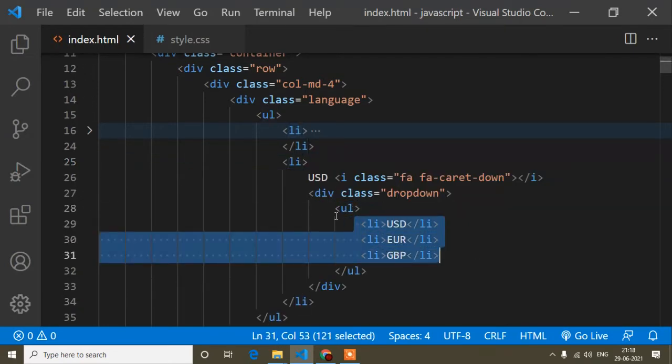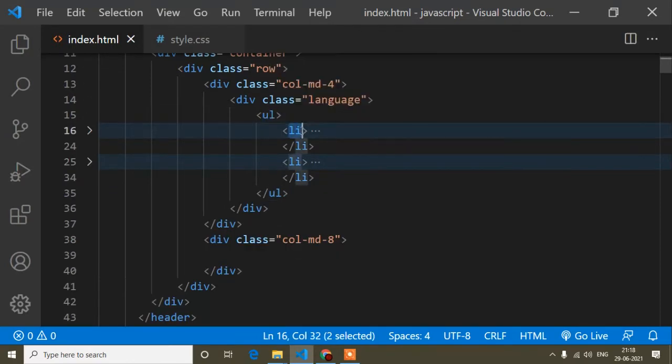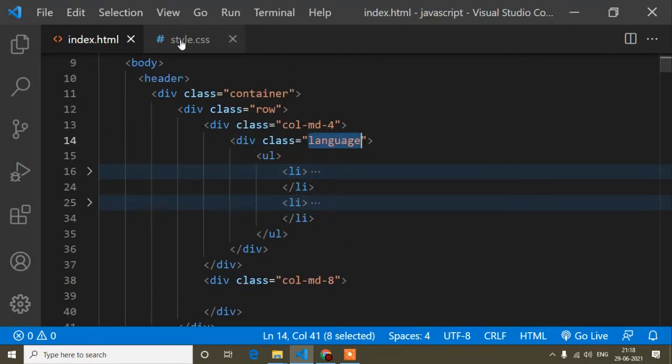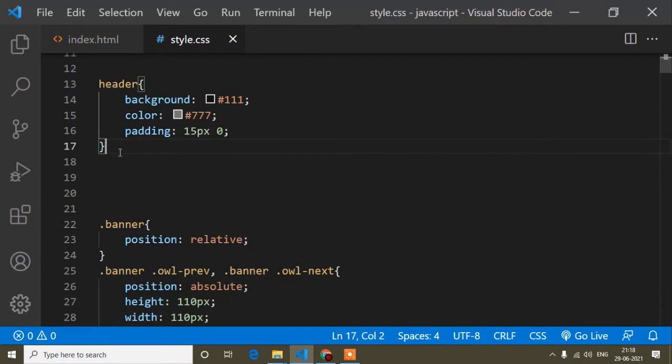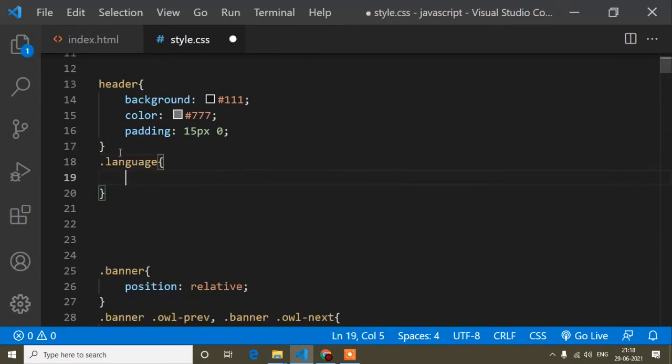So first of all I will not add the design for this li, I mean these are the child li, or you can say sub li tags. First of all I will add the nearby UL li, I mean this and this. Okay, I hope it's clear. So how can we get the nearby UL li, that I will show you. Now I will take the parent class, this one. Okay, it's clear. And now dot, because language is the class name, that's why I have written dot.